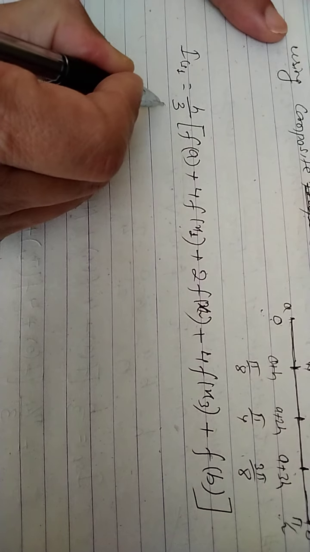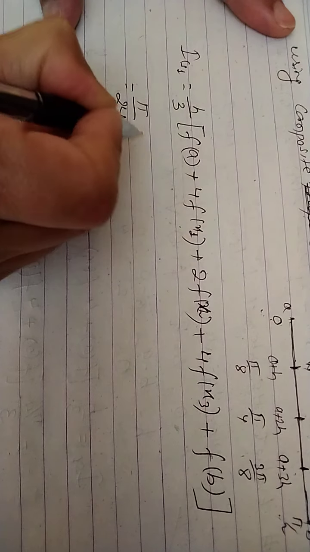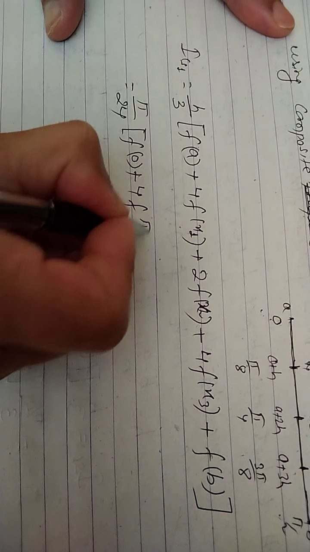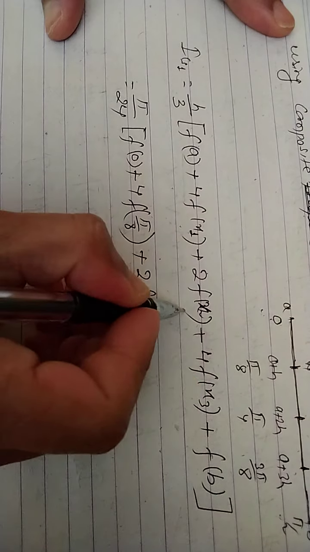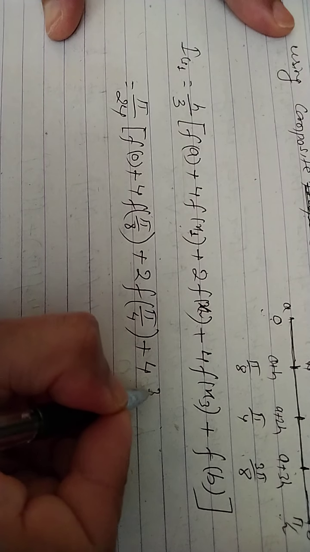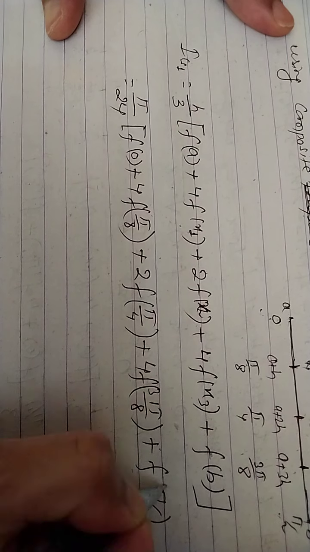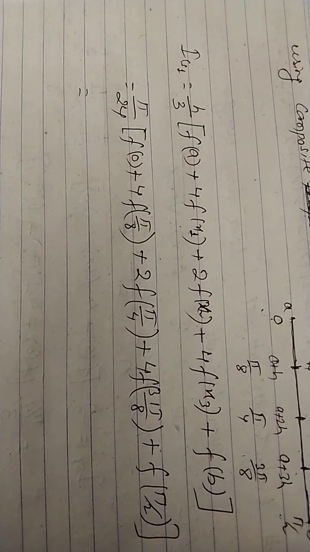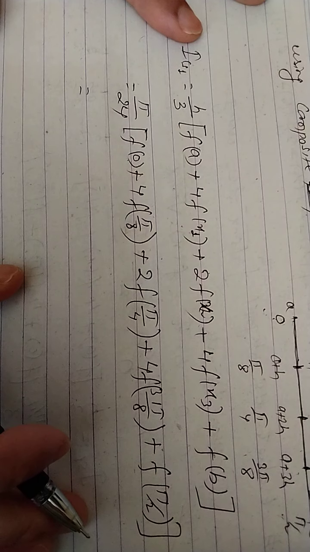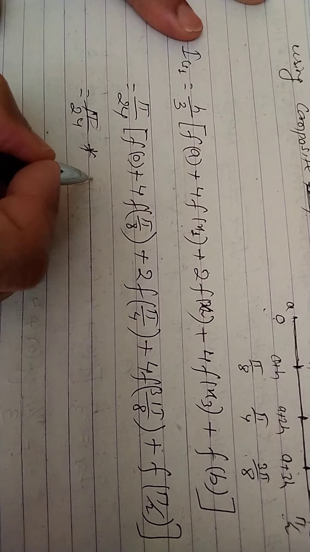Now you know everything. h by 3, so h is pi by 8, so pi by 8 by 3, so pi by 24. f of a is f of 0, plus 4 into f of pi by 8, plus 2 into f of pi by 4, plus 4 into f of 3 pi by 8, plus f of b, which is f of pi by 2. You know f of x equals root over sin x is given in the problem, so put these values in and calculate, and you'll get the result. So after calculating this, I'm getting